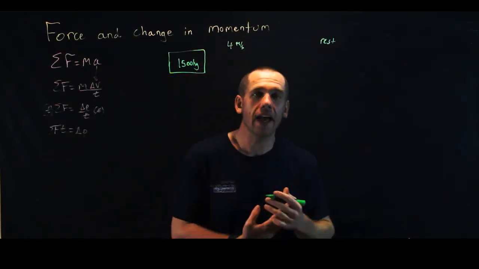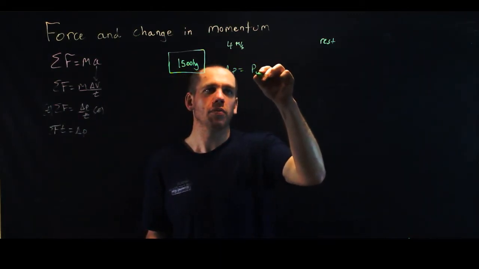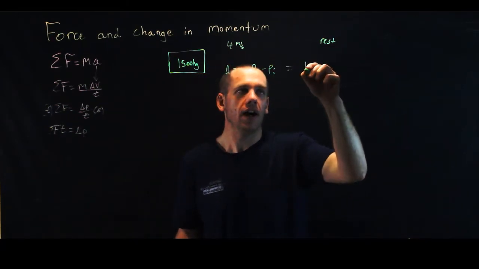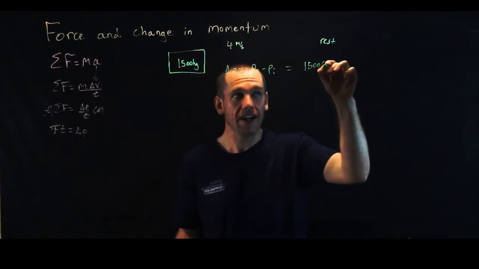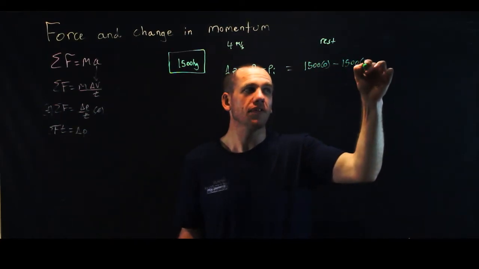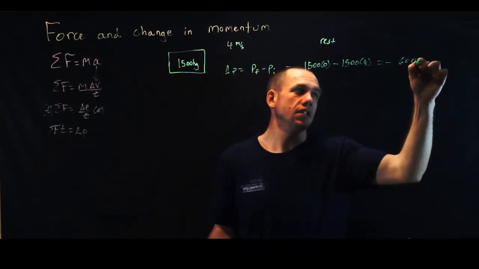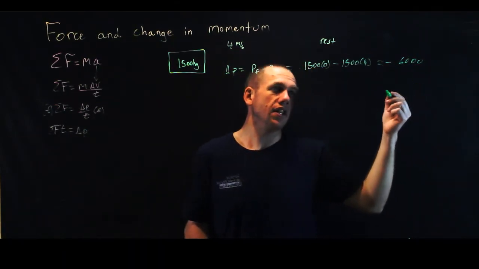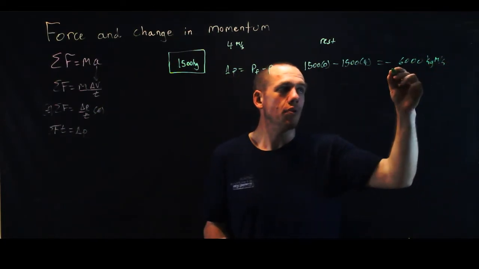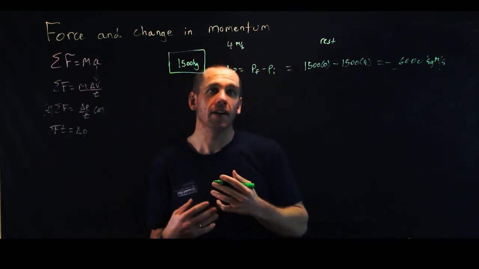In that case, the change in momentum is equal to final momentum minus initial momentum, which is equal to final 1,500 times 0 minus initial 1,500 times 4, which equals negative 6,000 kilogram meters per second. So the momentum has to change by negative 6,000 kilogram meters per second